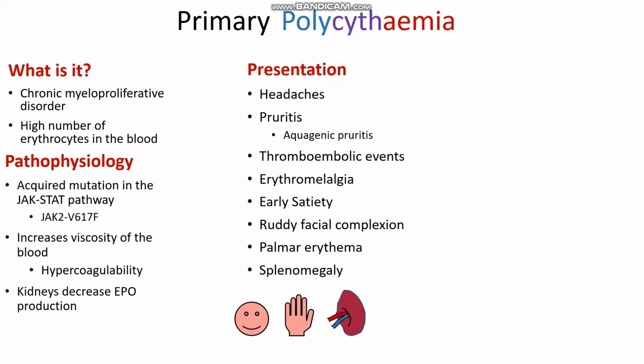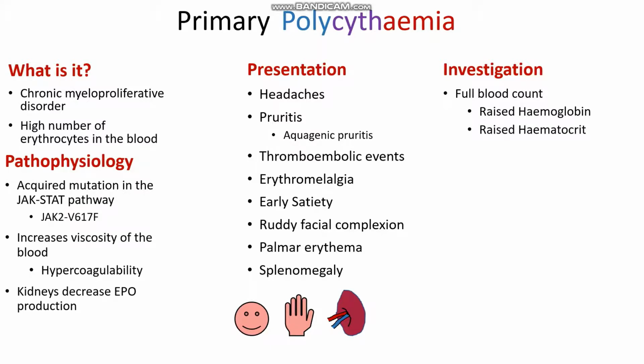What sort of investigations do we want to do for primary polycythemia? Well, the first thing that we want to do if we have someone who's complaining of aquagenic pruritus, has had thromboembolic events, or any symptoms of primary polycythemia, is do a full blood count. And the first thing that we're going to see is a raised hemoglobin. As well as this, we actually tend to see a raised hematocrit. Specifically, the British Society of Hematologists define this as a hematocrit percentage of greater than 52% in men or 48%